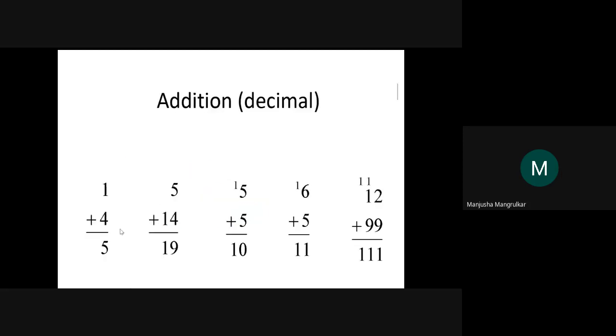Now as in our decimal number addition, 1 plus 4 is 5. 5 plus 14 means first we do the LSB addition. 5 plus 4 is 9 and we take 9 as it is. Same here, we can see 9 plus 2 is 11, 1 is here and 1 will be a carry. 1 plus 1 is 2, 2 plus 9 is 11, 1 is here, 1 carry, and 1 will copy. The same process we do in addition. This process we have learned from our childhood, so the same process we are going to use in binary addition.